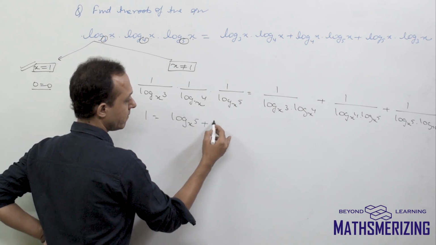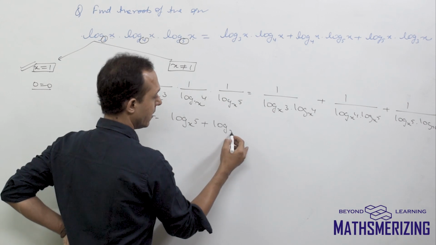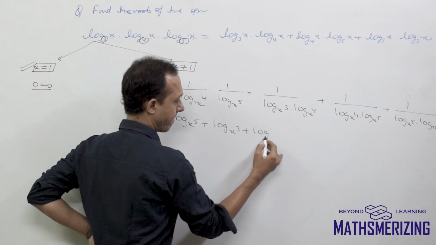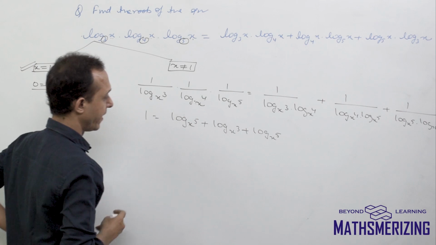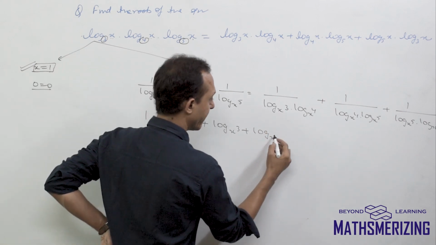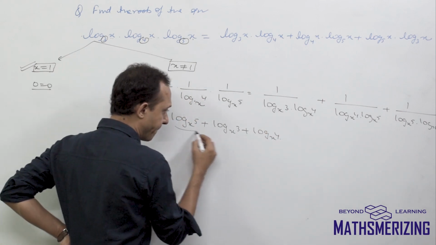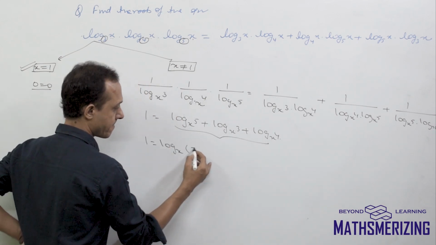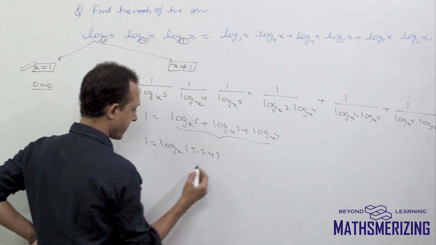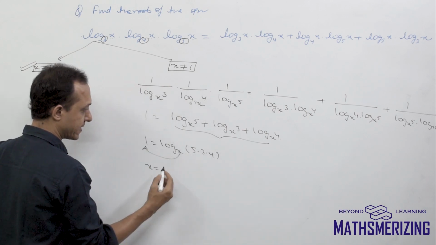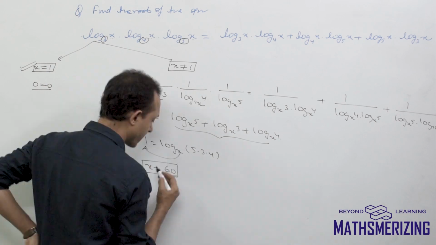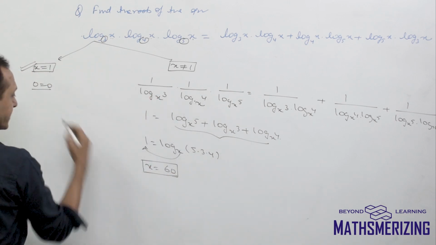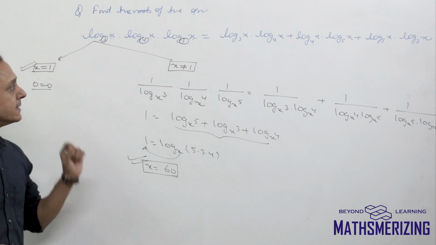log 5, log 3, and log 3 and log 4. Now this is log m plus log n, so if I take anti-log, I'll get x as 60. So the roots of this equation are either the value of x is 1 or the value of x is 60. Now in question number 10 it says, if x, y, z are positive real numbers such that x to the